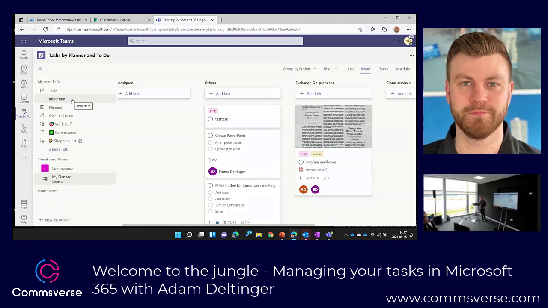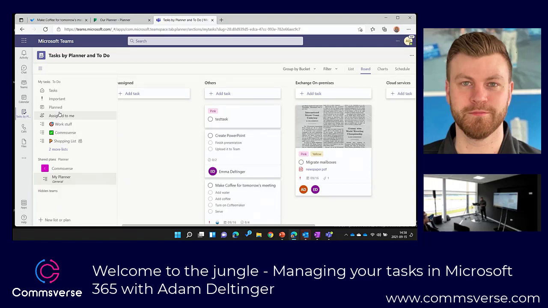There are two things missing here from To Do. One is My Day. So if you like My Day, you would probably use the To Do app on your phone, or just use the To Do web app or desktop client instead, because it's not in Teams yet. And another thing is missing: flagged emails. It's not here. So it's not getting transferred over to the Microsoft Tasks app from To Do. So if you really like flagging emails, the same thing as with My Day.